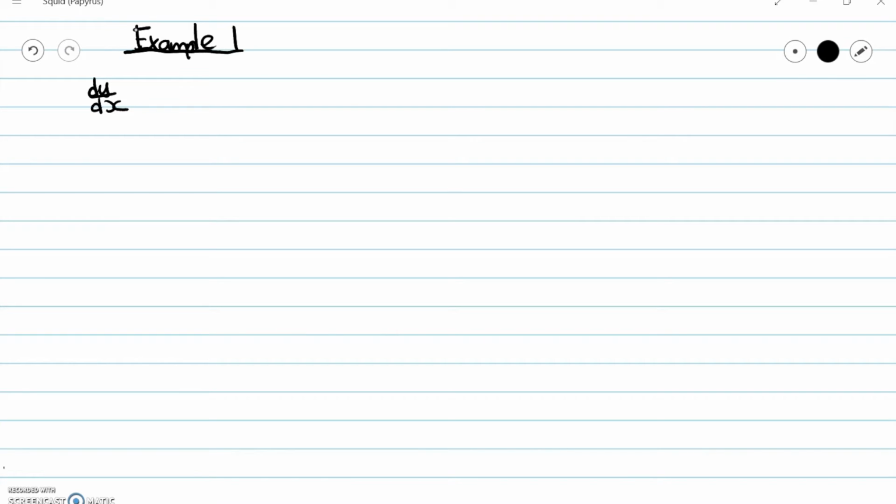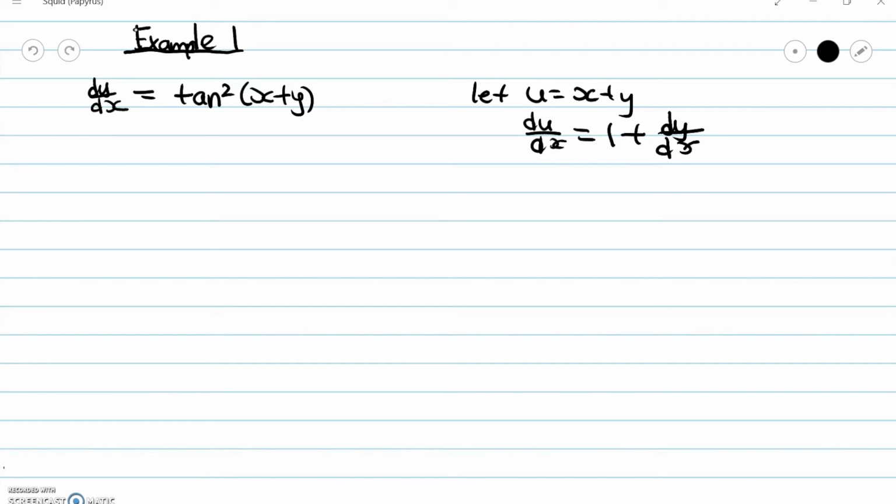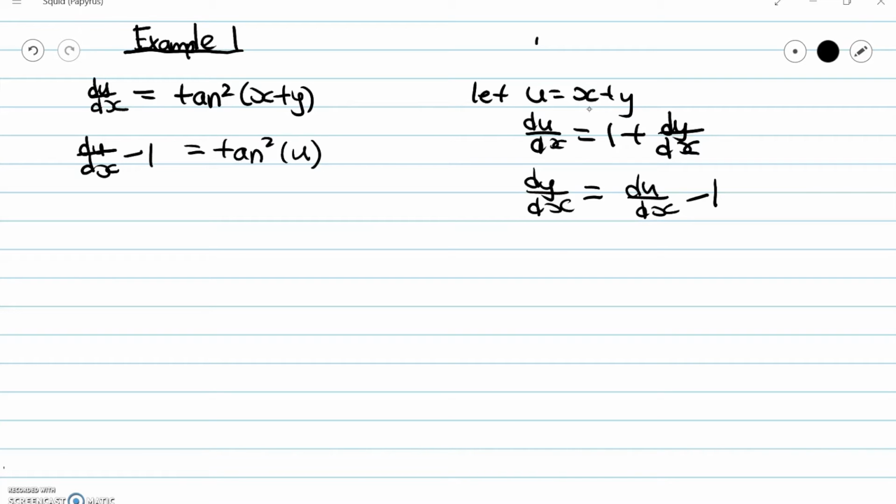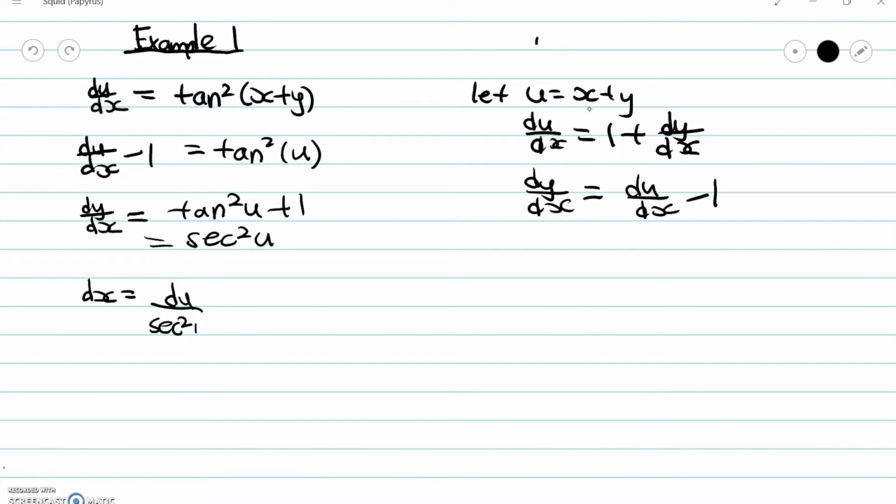So we have the first example, which is dy/dx equals tangent squared (x plus y). At first, we let u equals x plus y, and du/dx equals 1 plus dy/dx. Solve it for dy/dx, and we will get dy/dx equals du/dx minus 1. So dy/dx equals tangent squared (x plus y) turns to du/dx minus 1 equals tangent squared u. Du/dx equals tangent squared u plus 1, which is secant squared u. Then, du/dx equals secant squared u,